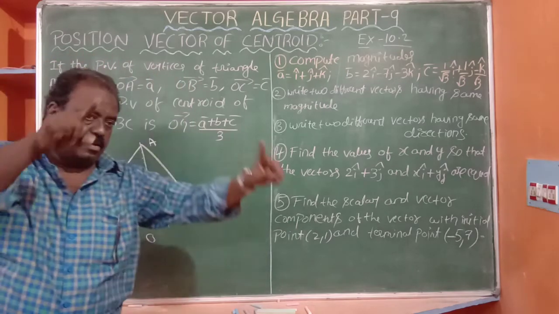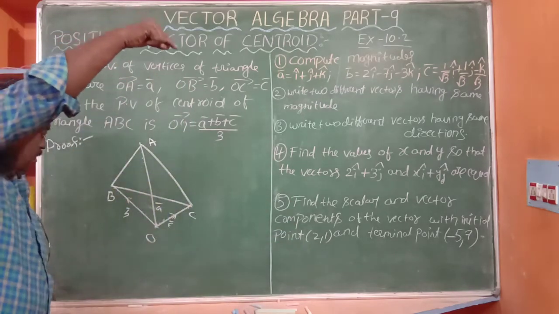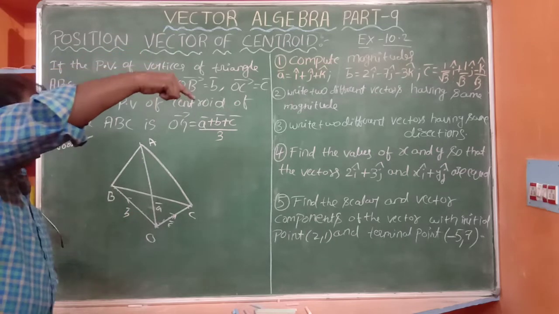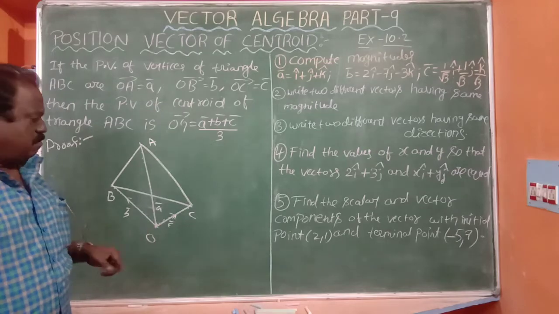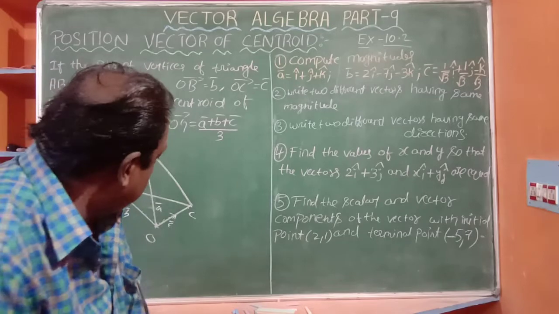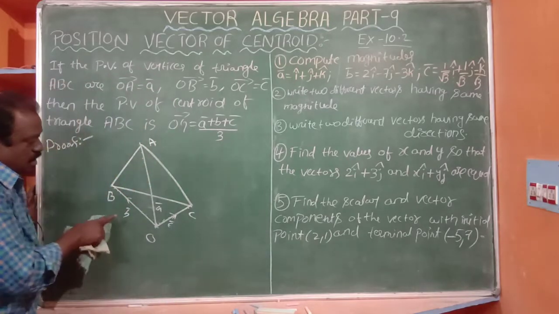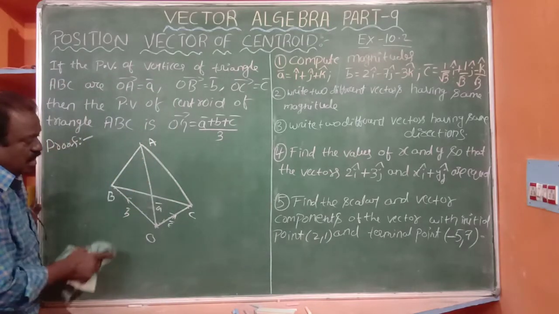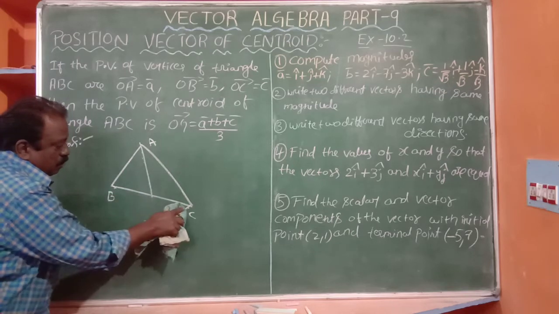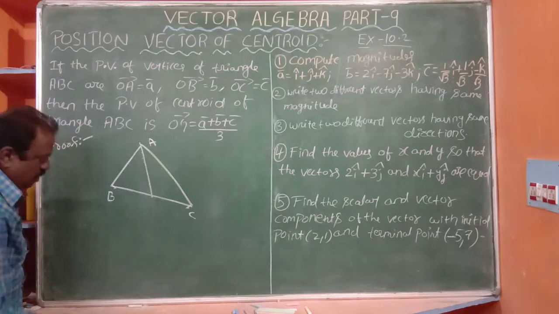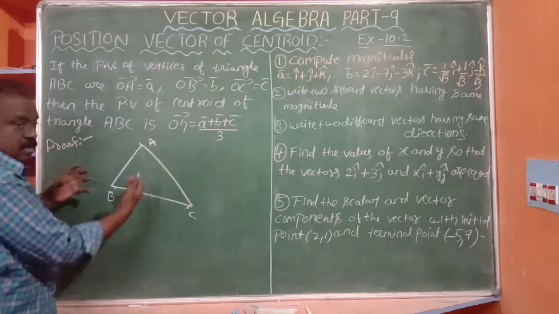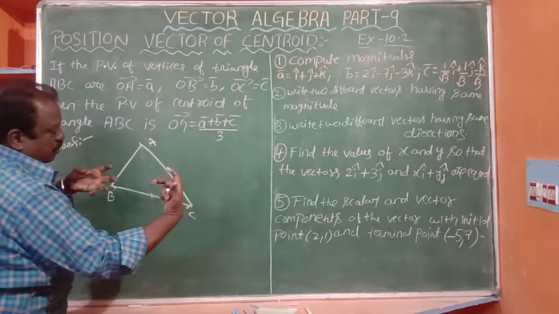Here is a triangle ABC. Here point A is there, OA bar is A bar, OB bar is B bar, OC bar is C bar. But we should not draw it like this, because OABC would be a quadrilateral, so there may be some confusion, but it is understood. There is an understanding that O is somewhere and triangle ABC is in space.